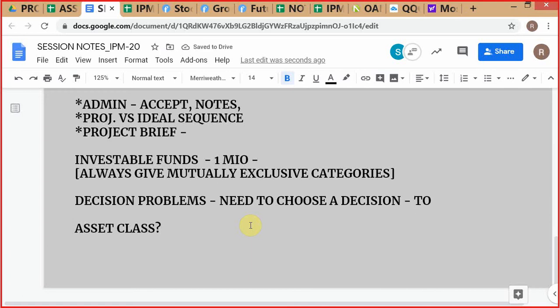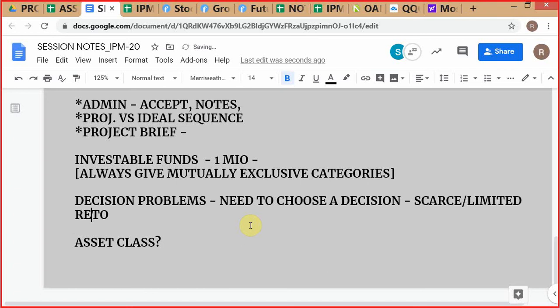There is a problem of scarce or limited resources, very much like what you learned in economics. Okay, you might be familiar. So you have scarce or limited resources, you need to choose a decision. Scarce or limited, allocate to mutually exclusive